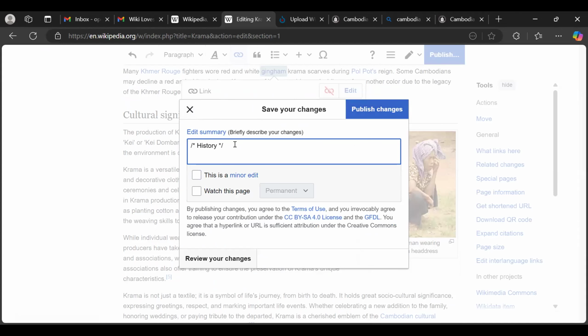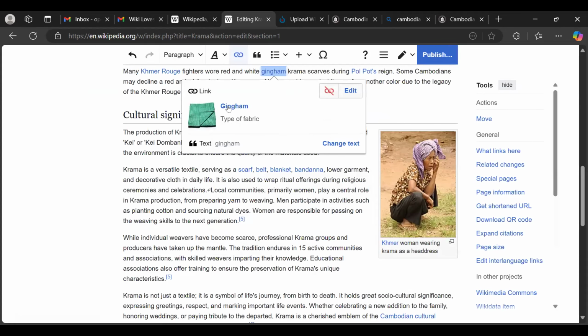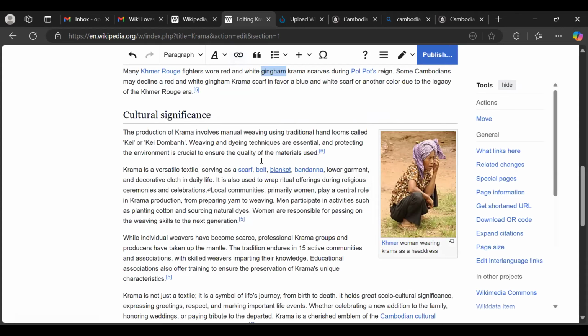In publishing, you type the description: I linked article. Then I click on this is a minor edit, watch this page. Then I click on publish, but I don't want to do this. So this is basically what you are expected to do. To add